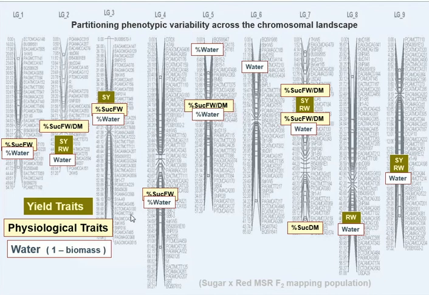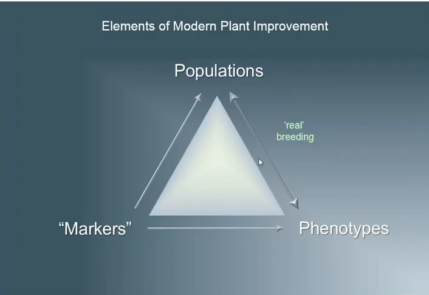But what was striking, though, is this water business starts showing up again. And here we have almost every trait subtended by a water trait. Okay, there's very few QTL, very few of these traditional measures, that are not influenced by the water content. Not quite sure what to do with that yet, but